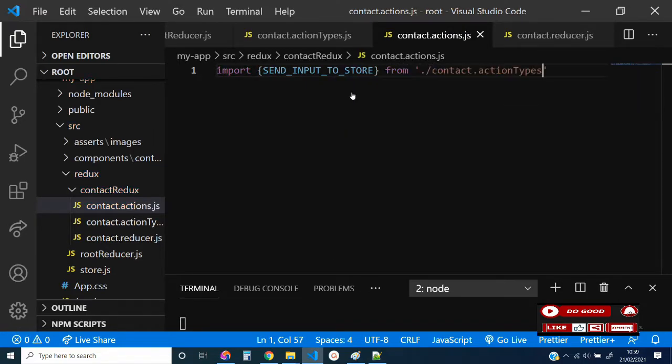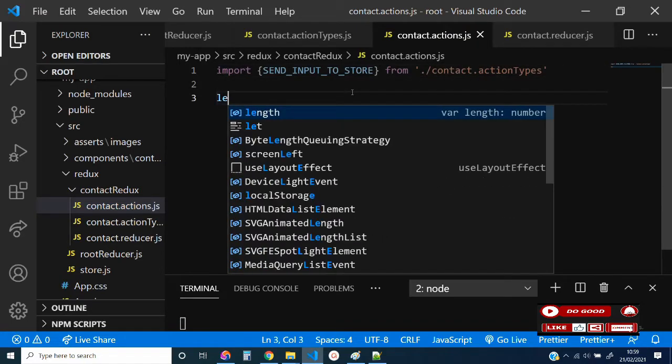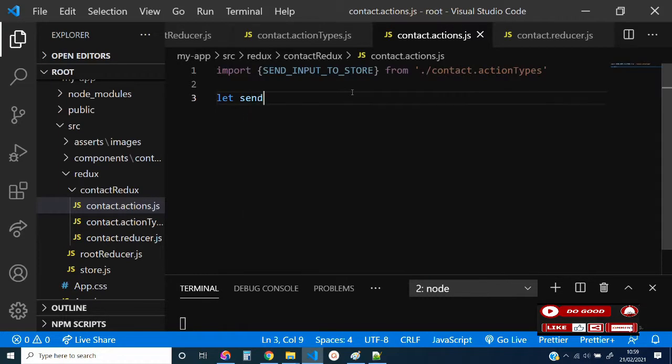From action types. Then we can now say let send input to store